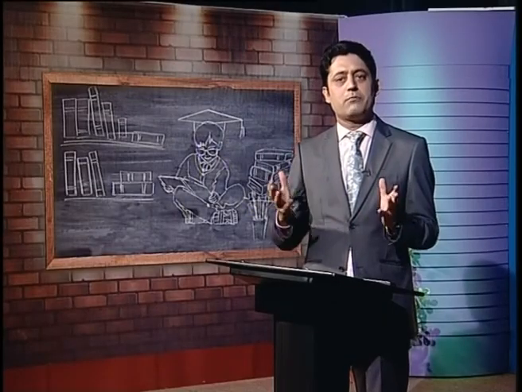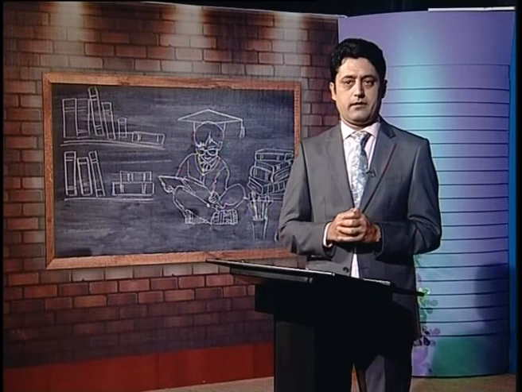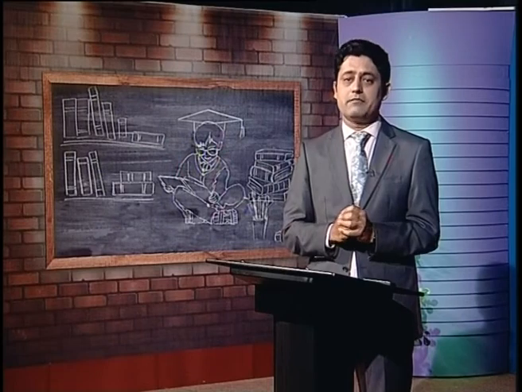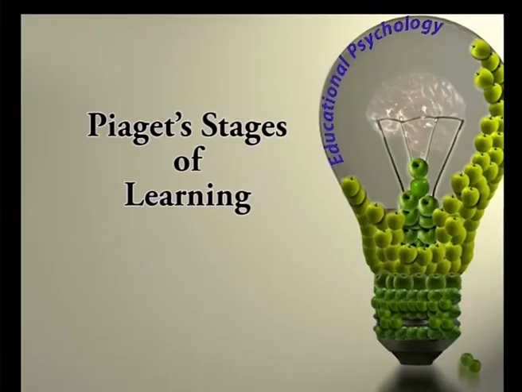While these are some of the most notable theories of learning, there are other equally important learning theories that are highly relevant today. Jean Piaget's stages of learning is one such theory that we shall now discuss. Piaget believed that children go through 4 universal stages of cognitive development. A child's cognitive development is about the child constructing a mental model of the world. Development is biologically based and changes as the child matures.